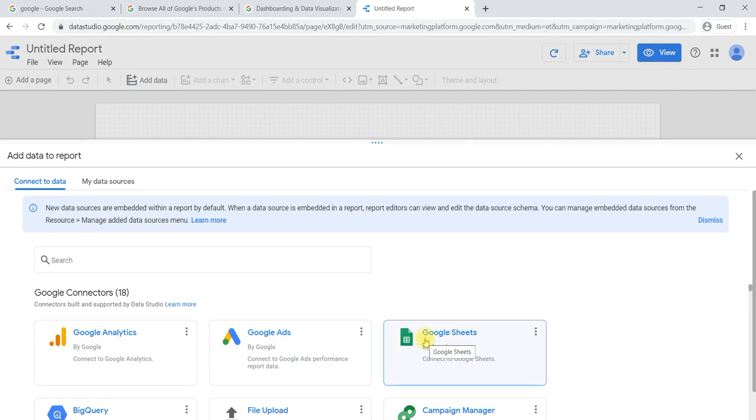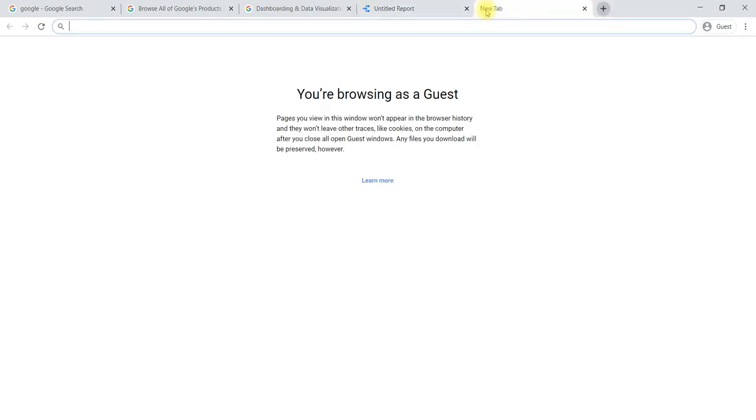Whatever data you have stored in Google Sheets, before connecting any data to your Data Studio, first we have to check whether your data is in a clean format or not. From where can we check that? Go to